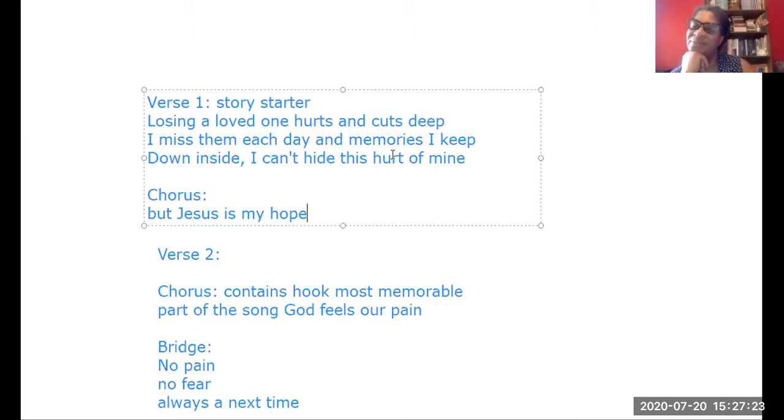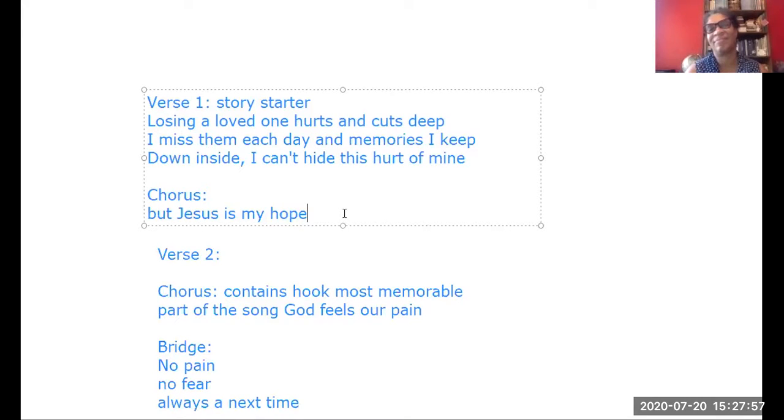That's too quick. So we need a little transition word. And the transition here is but. And but, B-U-T, means that everything in front of it was going a certain way. And now, but, changes the direction. It's what we call a pivot word. And it changes to now here's the solution. It was all sad and I was crying and I lost somebody and then, now I'm looking up and now I can say Jesus is my hope. It's like all of a sudden I remember the solution.